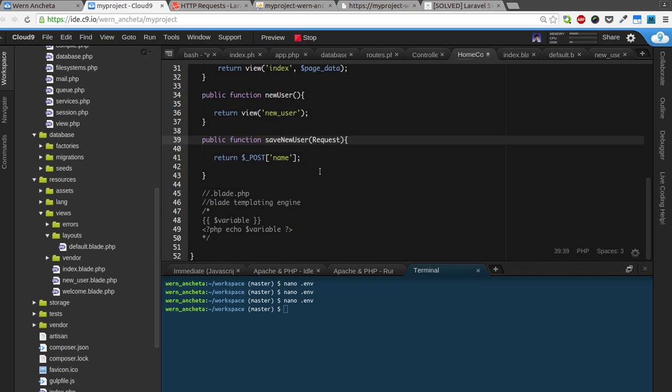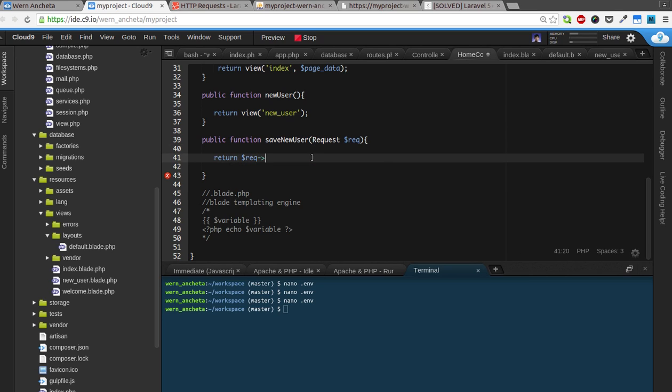So we say request and then the variable where it will be added. So now we can use the request variable instead of the request class. You can actually make this shorter if you want, so req. And now we can